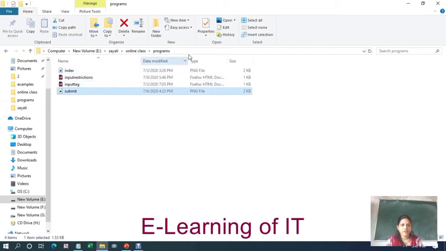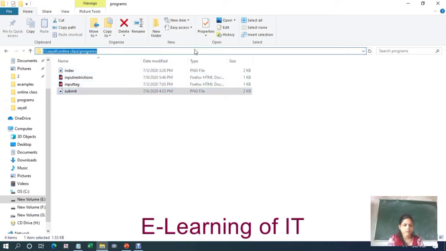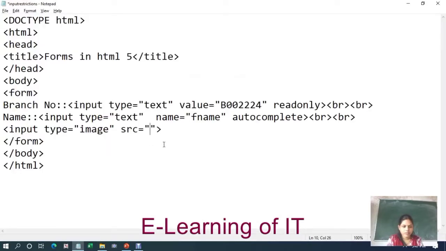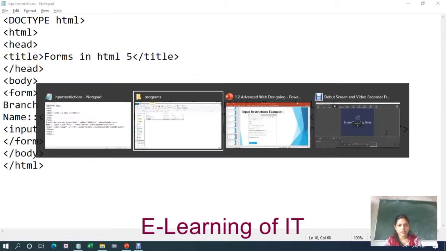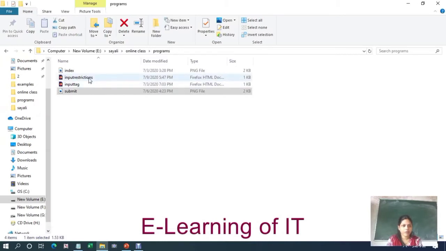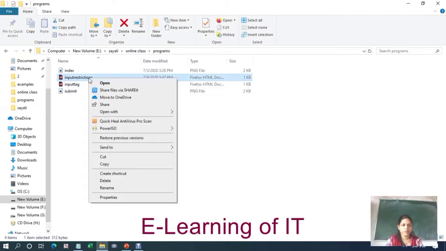So I will copy its path with Control C, and here paste with Control V, then slash and give the name of the button, that is submit, and then the extension, that is PNG. So in this way a submit button will be created there. Now you can run the program again to see the output.